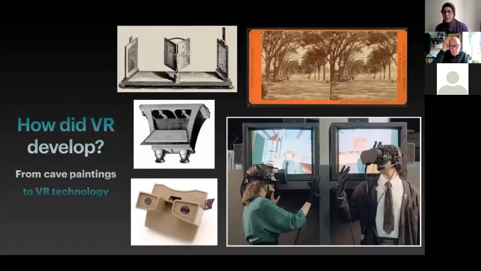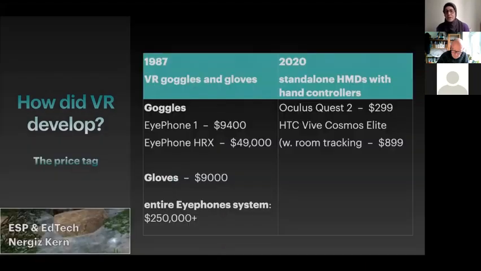If you look at the photograph again, you see that these have cords and cables, and they're connected to a computer, or they were. But the standalone ones, like Oculus Quest, the latest one, Oculus Quest 2, they are standalone. They have everything, the screen, the computer, everything in that headset, which makes it a great tool for learning, obviously.